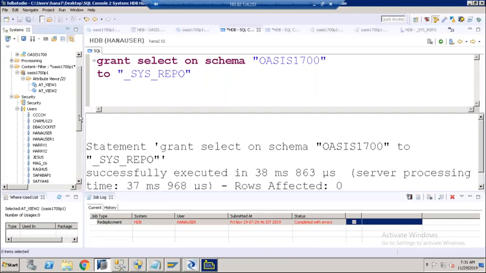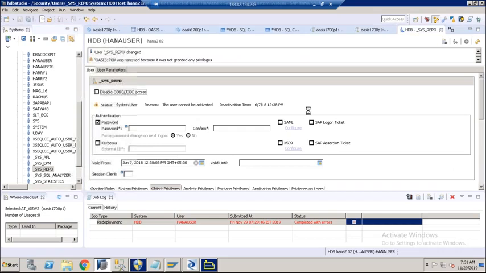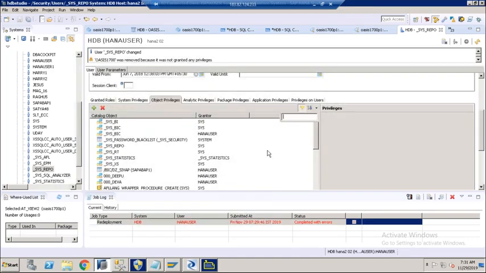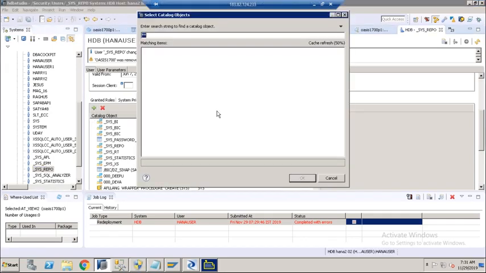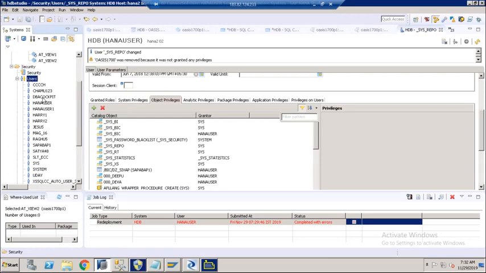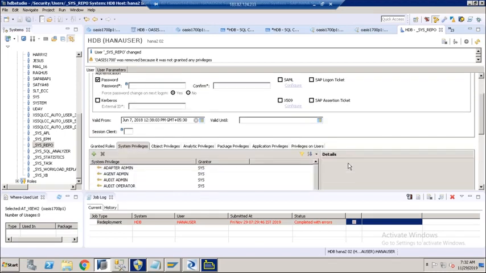So what we do now, we go to sysrepo, because we are going to do the same thing through navigation in the UI. So we go to the sysrepo user, and we should go to the object privileges tab. Double click the user, go to the security folder, users, double click the user, and here in the object privileges,